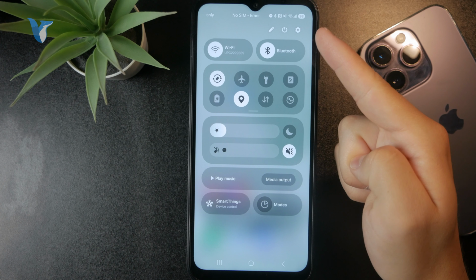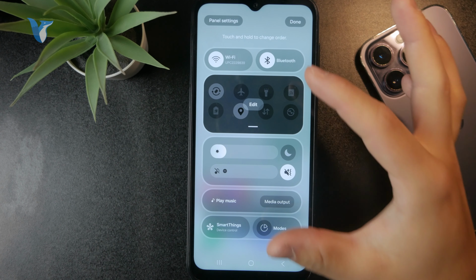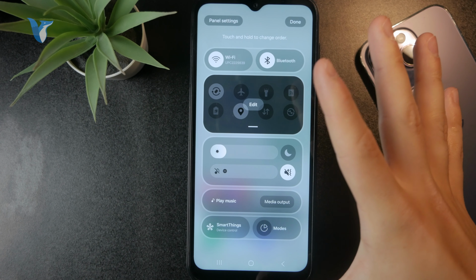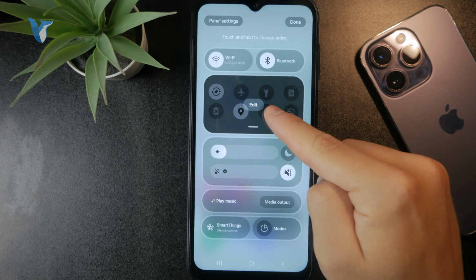And there is a settings icon at the top right, but this one just moves us to the main settings page. We instead want to click on the pencil icon, which shows up at the top like this. So there's the little pencil icon, and this lets us make changes to this UI, to this interface. So we can click on edit for specifically the toggles like this, and we can reorganize, add or remove toggles